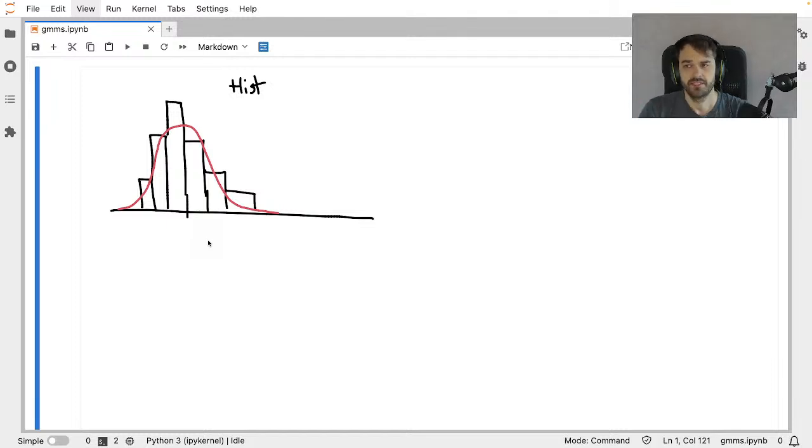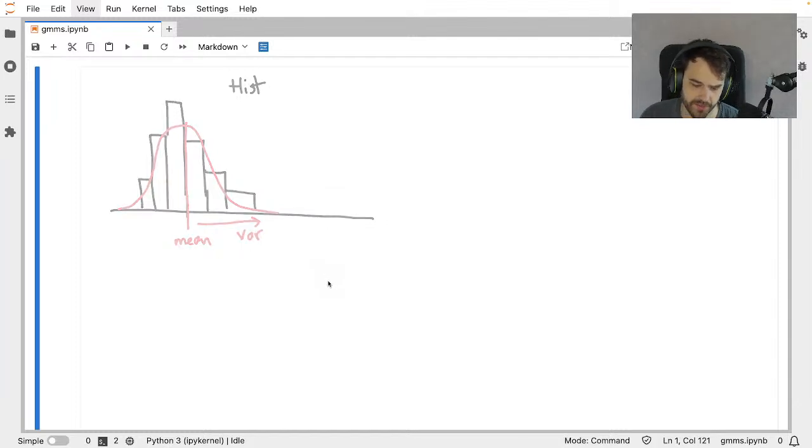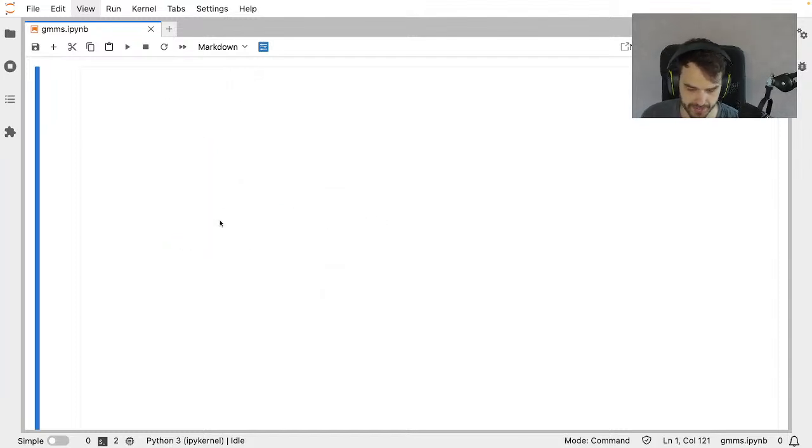And if your data looks like this, that's a pretty easy task, because the way you do that is you calculate the mean from the histogram, so to say. And you can also calculate the variance. The mean and the variance are the only two things you need to summarize this particular data set, because it looks like a normal distribution, and life is easy. But let's now consider a situation where life is maybe not that easy.